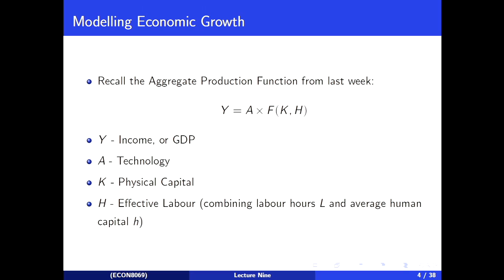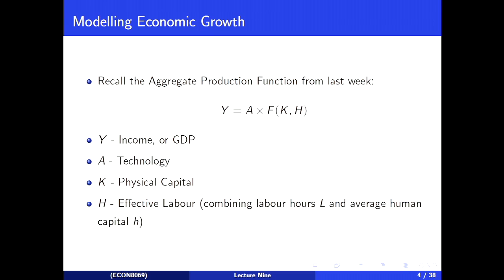And you can see, hopefully pretty clearly, and again, this A is fixed, this H is fixed, you can see pretty clearly that output increases as K gets bigger, but it increases at a decreasing rate. We're going to use this kind of graph a lot in the first part of today's talk.